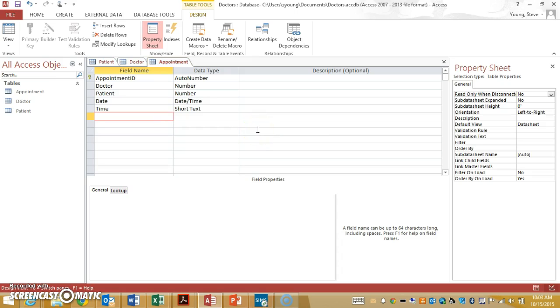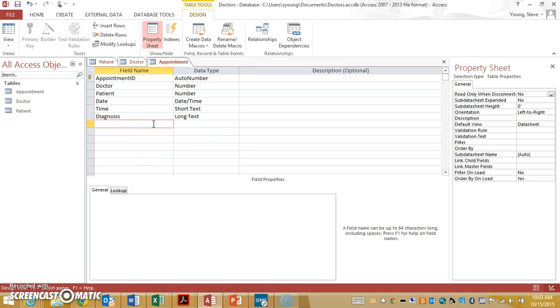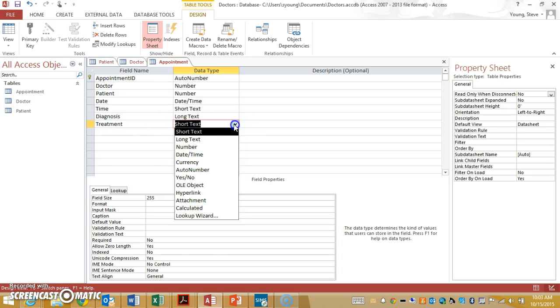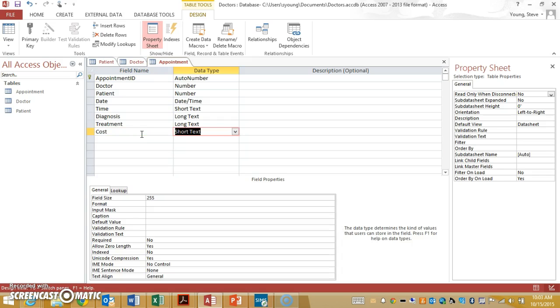And what I also want to do is put in a diagnosis, which I'm going to leave as text and 255 characters. In fact, I might even change that to a long text so the doctor can type a lot of information in there. And I'm also going to put in a treatment, and again, that can be a long text. Now, in here, you could actually put some information about billing if you wished. That's up to you. So I could put the cost in there and have that as a currency, and default